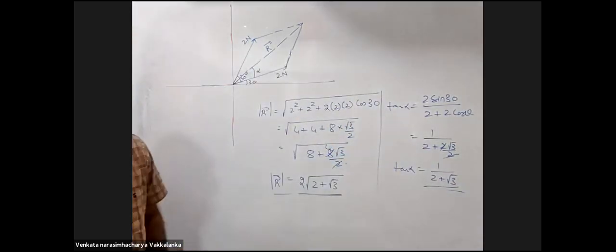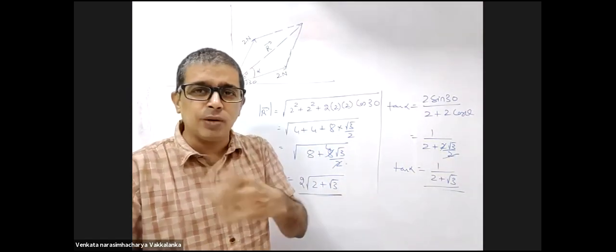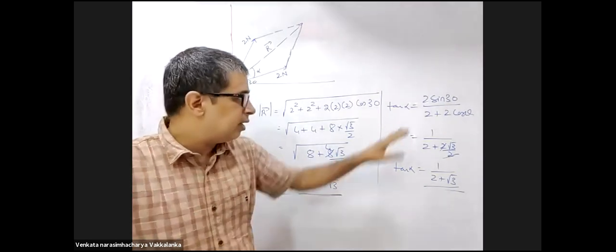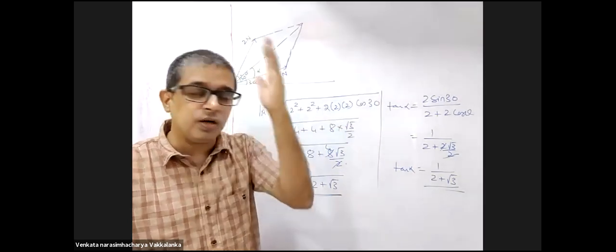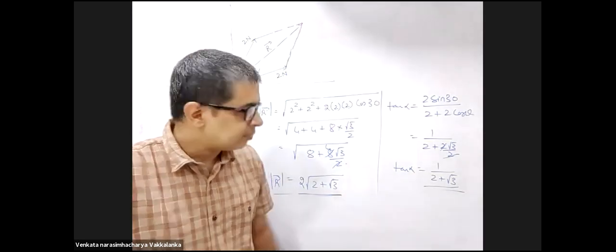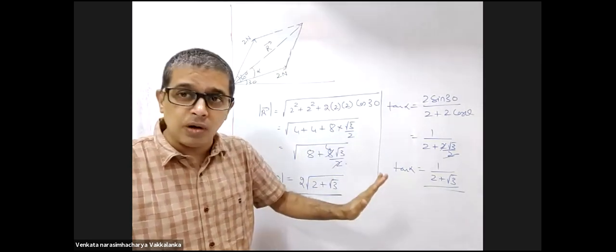So will you have to rationalize it? That's okay. In the multiple choice options, the paper setter will give you the options, and based on it, we can do it. It's not a subjective paper, right? It's objective. Our answers will be dependent on what options are given. Now, this is one way of solving: the parallelogram law of addition.